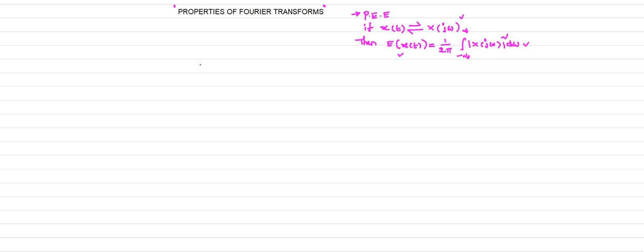So we completed the Parseval's energy theorem in the last class. In this class also we are going to discuss the properties of the Fourier transforms. The second property is the linearity property. If you know the Fourier series properties, the properties of Fourier transforms are similar to the properties of the Fourier series. For the linearity property, first I will give you the statement, and after that we will prove the statement.